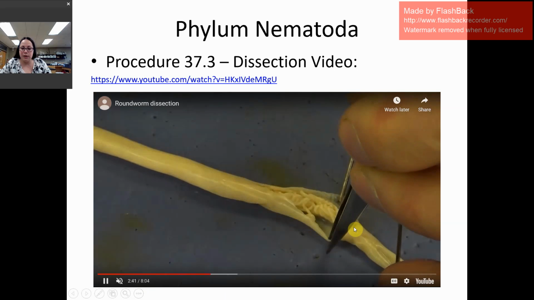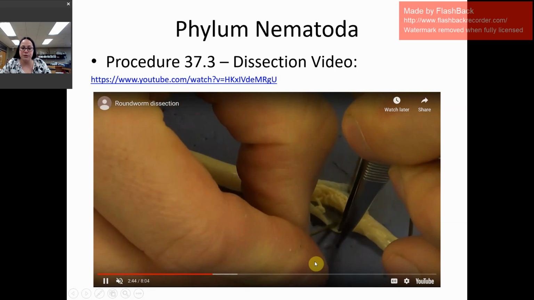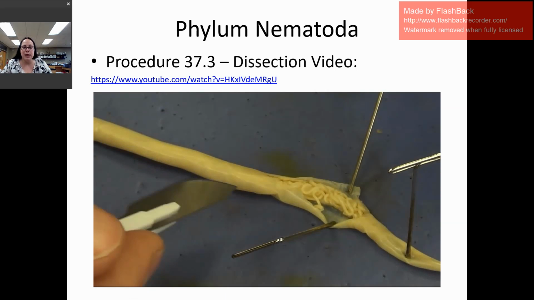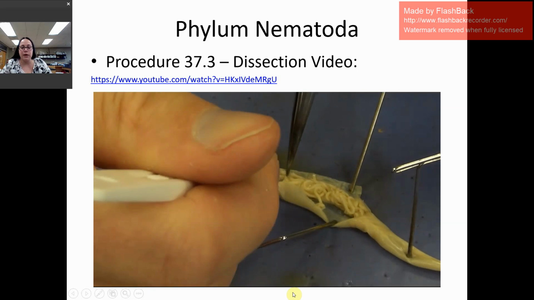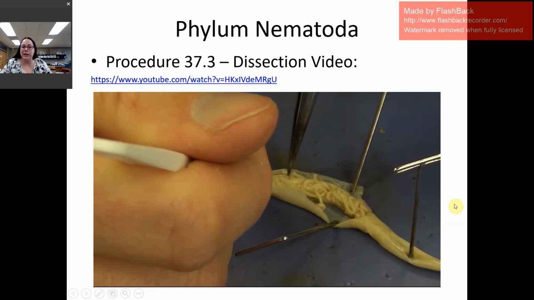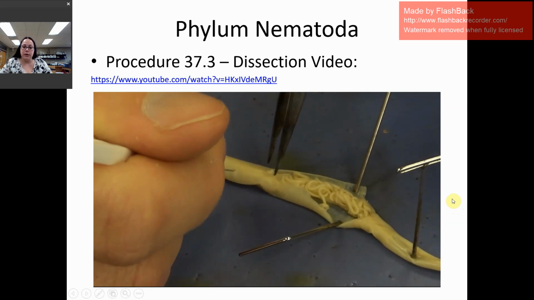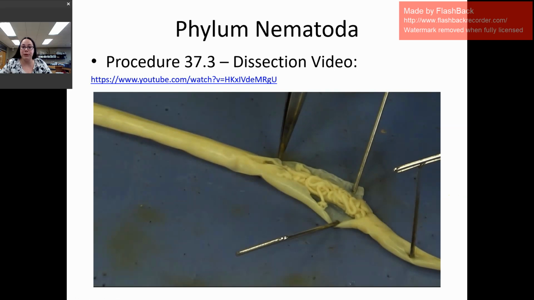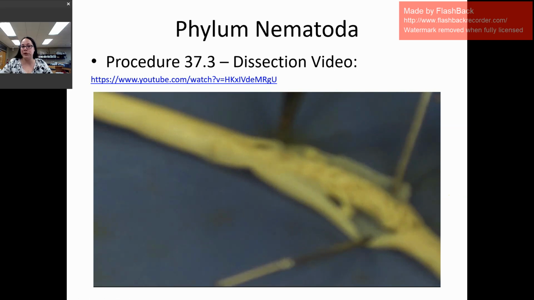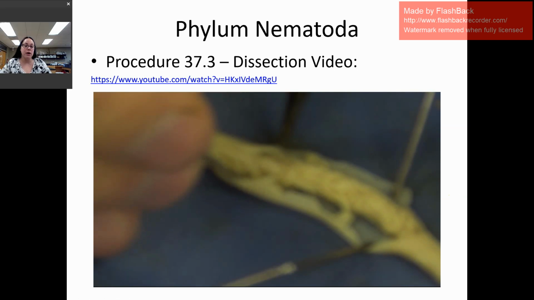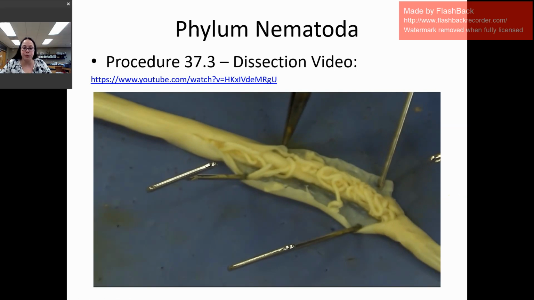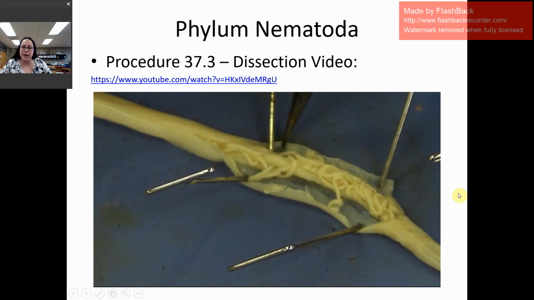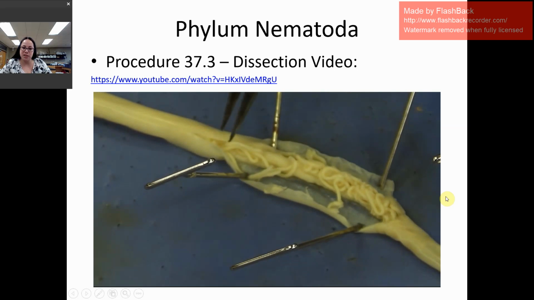See, you cut here a little bit, then you use tweezers to pull on the side of the cuticle and pins to pin it down, and then you can start seeing the organs. Okay, so what do we have in the roundworms? The functions of the roundworms are mainly to eat, to be able to survive, and produce enough energy to be able to reproduce. And so the second main function is reproduction. So most of the things that we are going to be able to see are reproductive and digestive